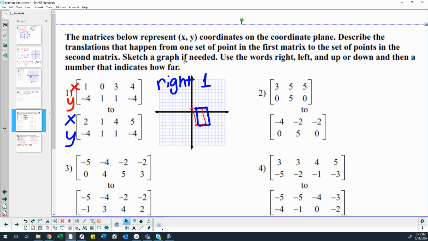to the right one. Now, how do I tell that it's being moved to the right one? Well, let's look at the x values. The x values have all gone up 1 in value. The y values have all stayed exactly the same. So it's not moving up or down at all. It's only moving to the right one, which means a matrix has been added to this matrix to get this